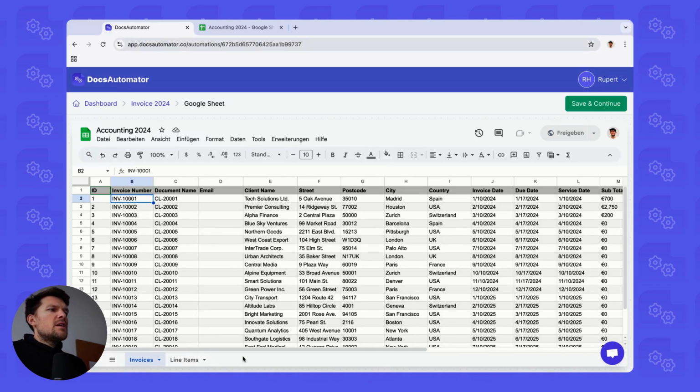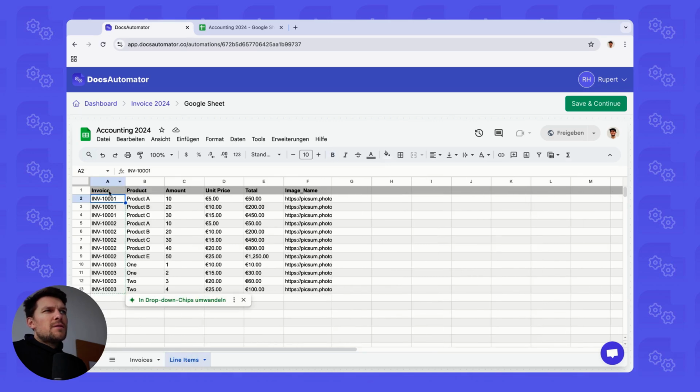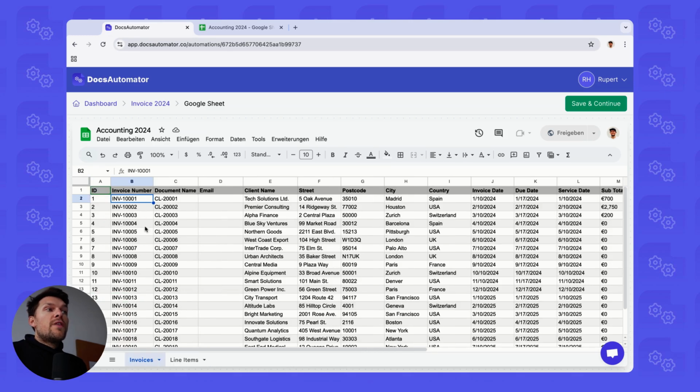And you see this invoice 10,001 again here in the first column, which is called invoice, basically which invoice does this line item belong to? And you see 10,001 three times here, which means these three line items belong to that invoice 10,001. It's very important to understand this concept, because that's how we're adding line items to our, in this